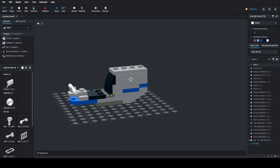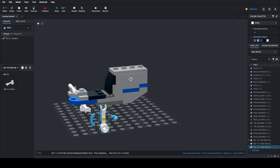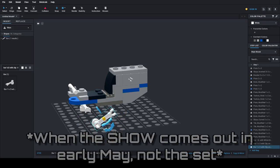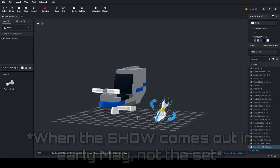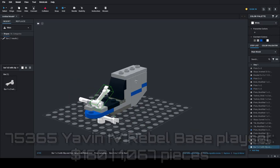Moving on, set 75364 is another unknown Ahsoka set at $100, 1,056 pieces this time. Again, we'll know more about this, be able to speculate about it, or just get descriptions of it at a certain point when it comes out in early May this year. I'm hoping that both of these sets are ships and not some kind of play sets like the Gray Blob that we got from the Kenobi show, but we'll see. Next up, set